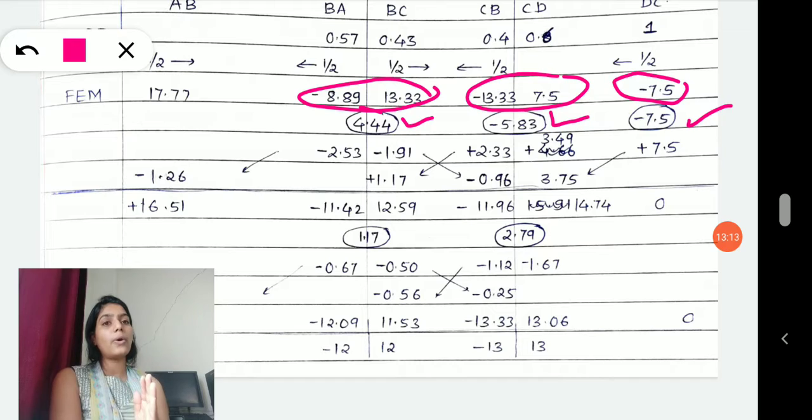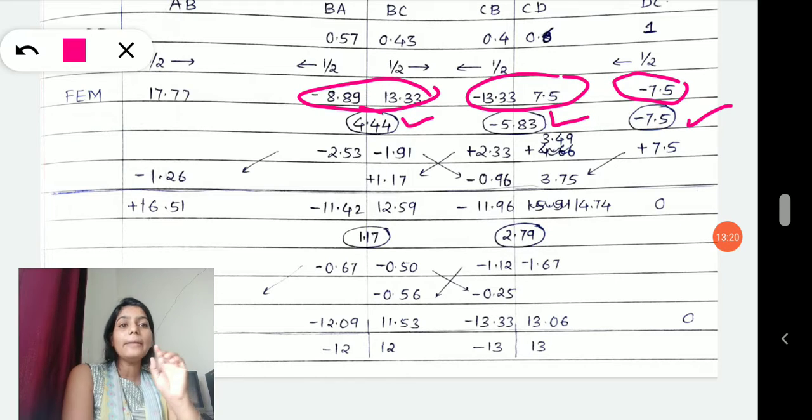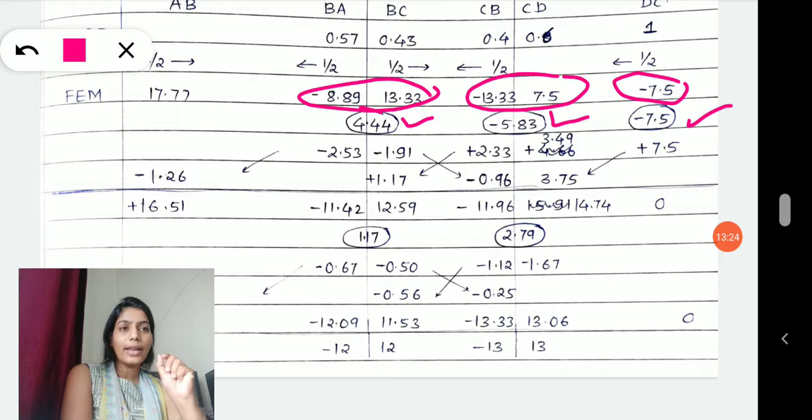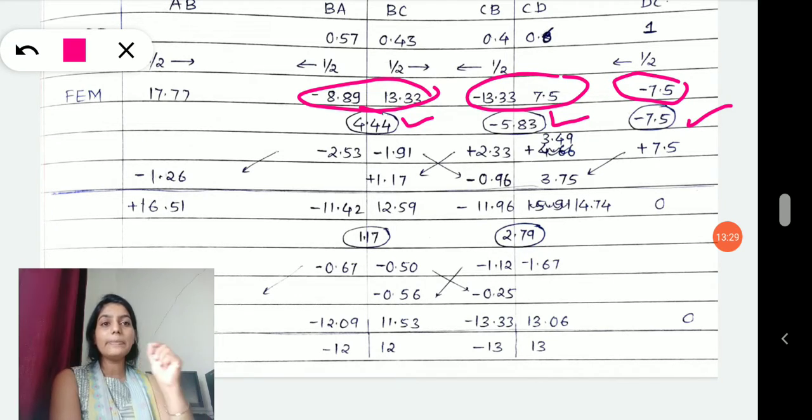I request you all, keep this summation in a circular format, and within that circle, please do not forget to write the signs there. Write down those signs, because those signs play a vital role that helps us to construct the table in an accurate format. There will be fewer chances of making errors.